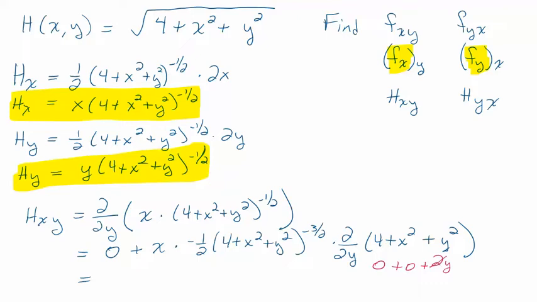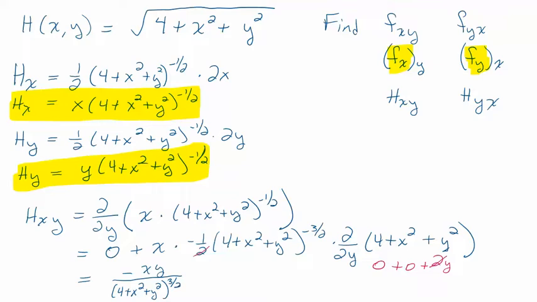So this 2 is going to end up being able to cancel with this 2 here. So we are going to end up with negative xy on the top. And now we can move this stuff to the bottom. I'm not going to write it as a radical. I'll just leave it as to the 3/2 power. But you could write it as a radical if you want. All right, well, you should get the same thing when you do